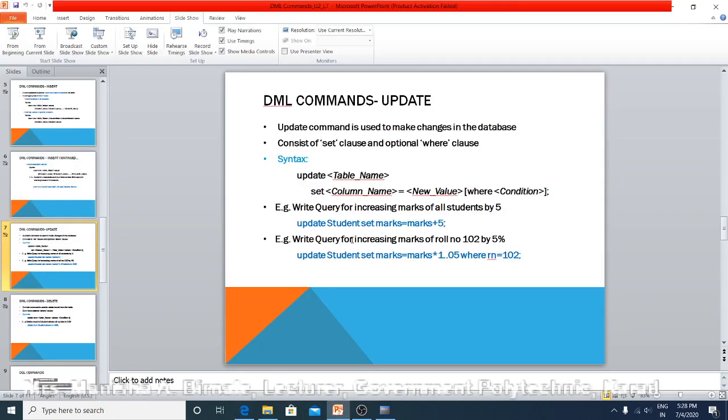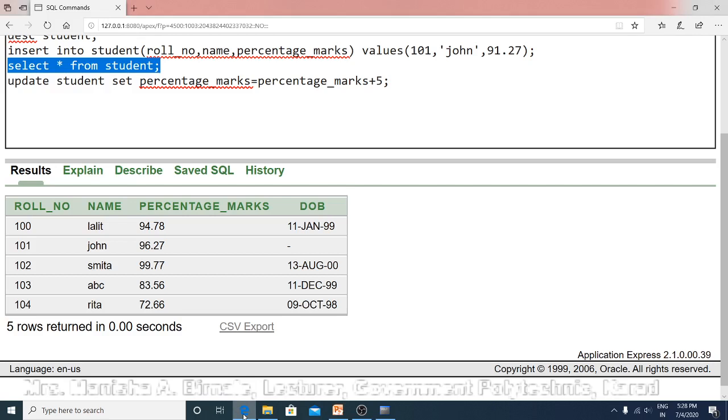Now second, write query for increasing marks of roll number 102 by 5%. Means you have to increase marks of specific student only by 5%. Then it is also possible, but there you have to use where clause. So let us increase marks of roll number 104 by 5%.